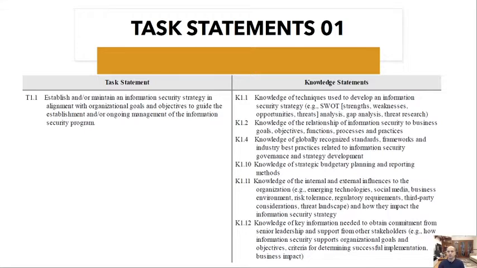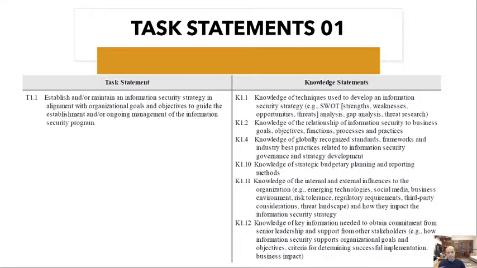Now when you're talking about this statement, it means as a manager you need to create an information security strategy, right? And what exactly do you require? First you will tell me what exactly you will require. You will tell me that you require the goal. With the goal only you can create a strategy. The second thing which you require is